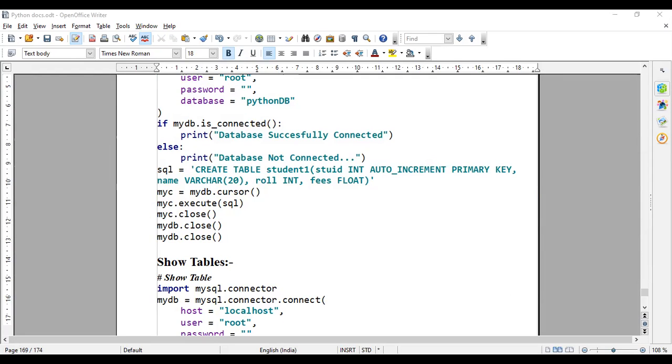I will just check it. There are no tables, no table names, no columns. So first of all, how to create a table name?